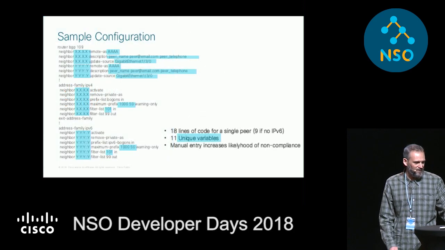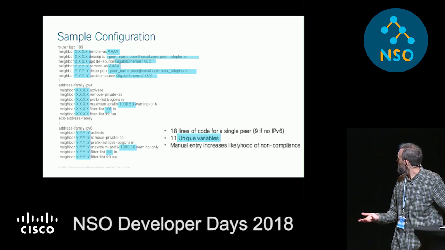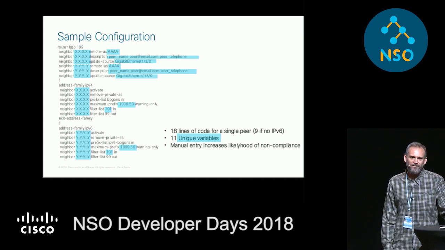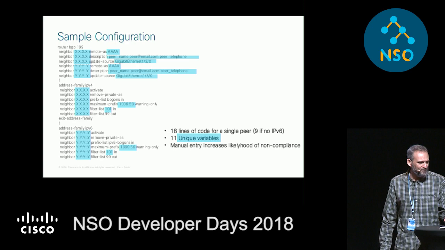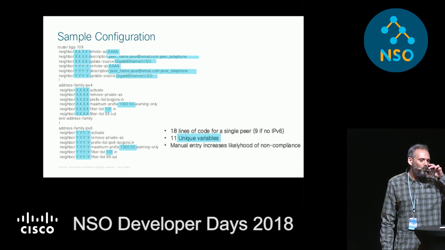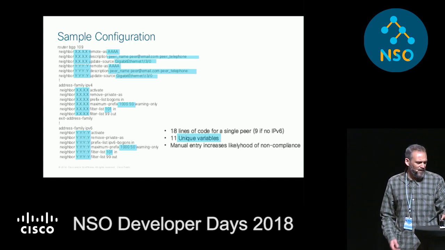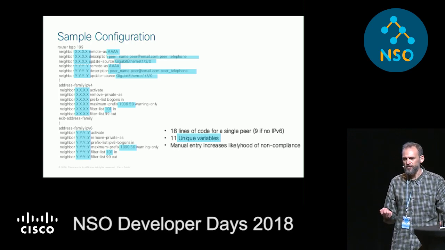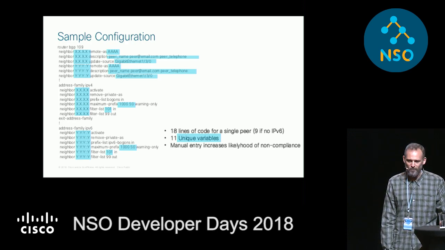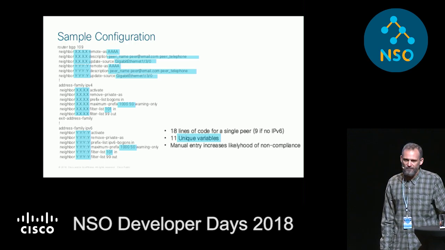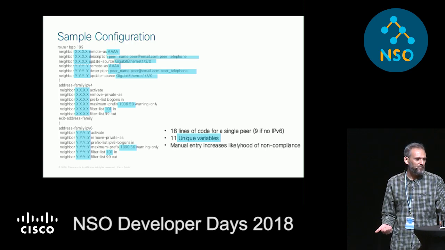So I'm sure you've seen something like this before, which is like a BGP configuration, and this is traditionally what you would see. That's traditionally a config that you would see for each individual peer on an IXP or ISP. And what we worked out was there's about 11 unique variables. So these are the things like your IPv4 address, your v6 address, your BGP AS, contact details, and your prefix warnings, things like that. There's 11 unique items that you need to provide per